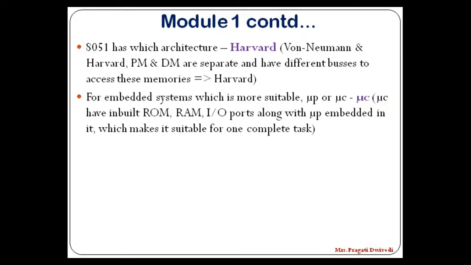An example I'll give you of an embedded system, which I'm sure you can correlate, is your remote control. When you need to change the channel or increase the volume, you have a remote control, and you see it doesn't get hot when you use it. Why? Because it is battery operated. Also it is performing a dedicated task. Whenever you press a button, it will do a task. It is not like your PC or your laptop, which is performing n number of tasks, and hence the power consumption is also less. So when I talk about embedded systems, just remember your remote control as an example.